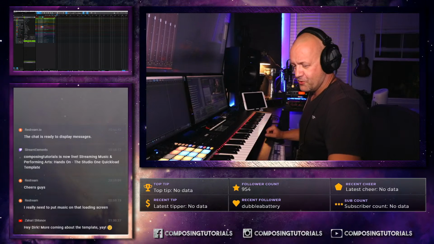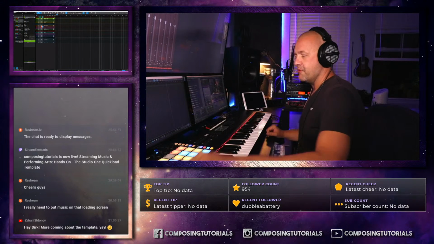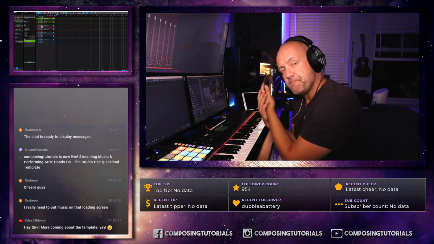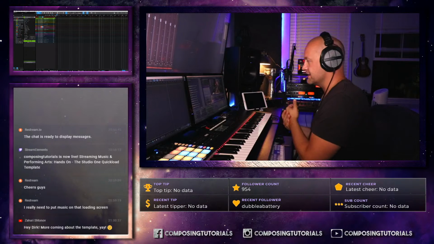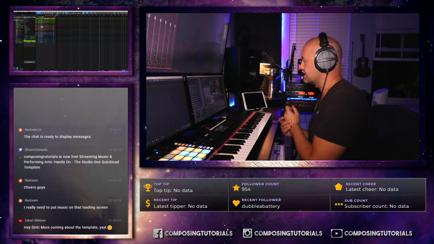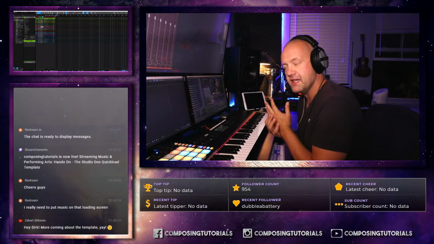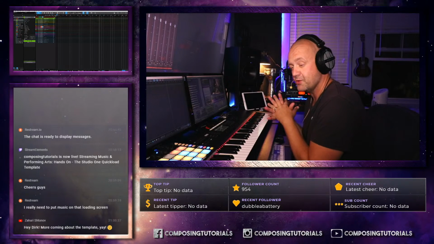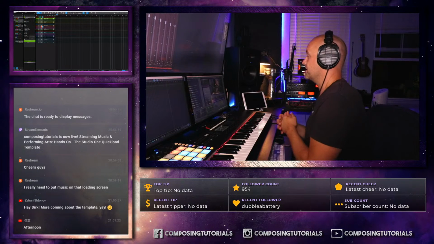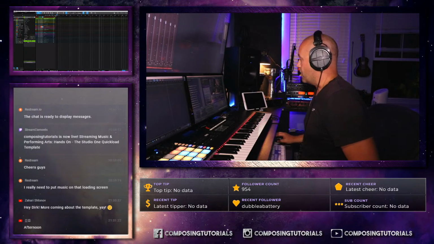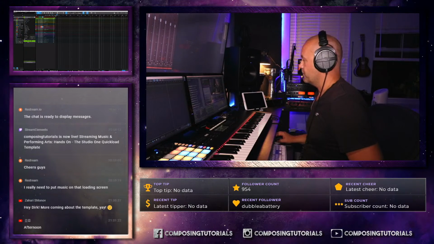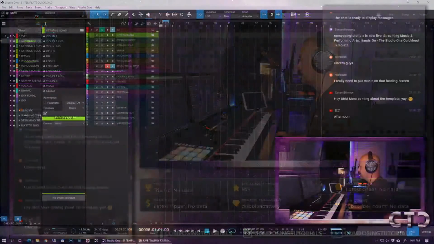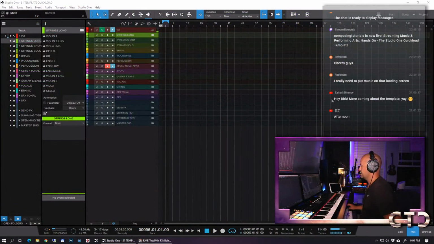So I've done quite a bit of streaming yesterday because I released my Cubase Quickload template, and today is all about the same thing, but today we are looking at the Studio One version of the very same thing. So that means when we jump in here, this is the Studio One Quickload template,